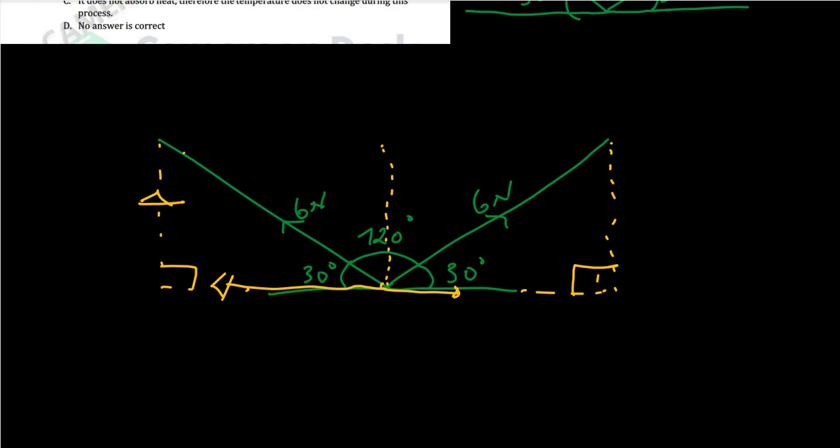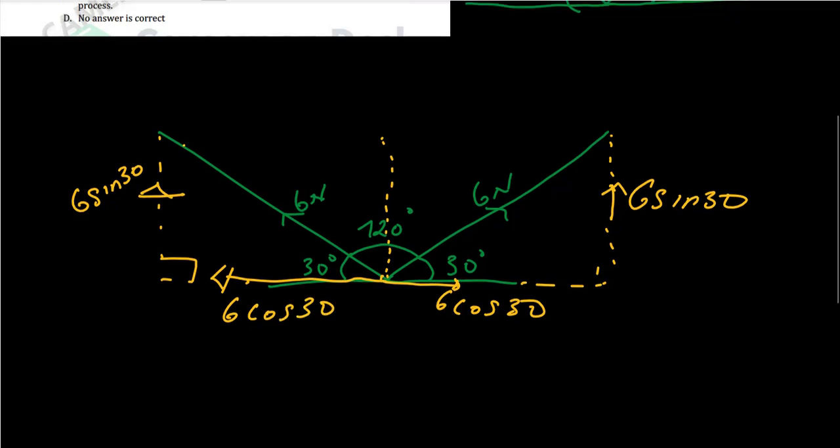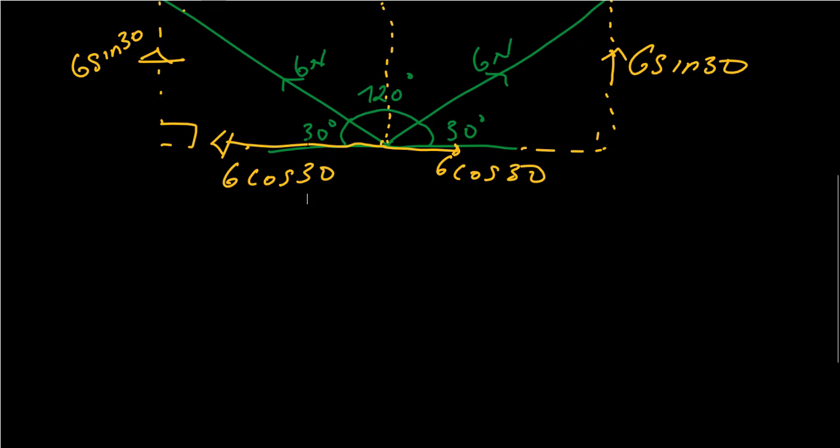So it means the component here, since it is opposite to the angle, is going to be 6 times sine 30. Likewise, for the other force, 6 Newton, the force is going to act vertically upwards. So this is the direction of the vertical component, which is also going to be 6 times sine 30. So for the horizontal component, we will have 6 times the cosine of 30. Likewise, here we have 6 times the cosine of 30 acting in opposite direction. So we are going to get the resultant. So the essence is for us to look for the sum of the forces. So if we take the sum, the resultant force,